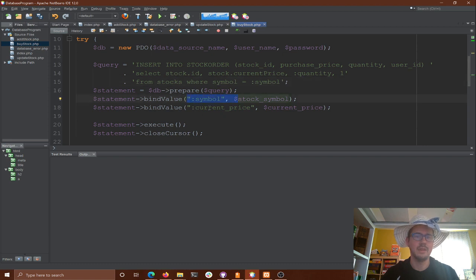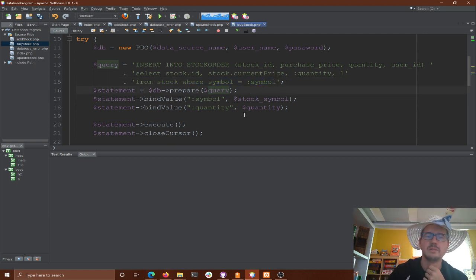Okay, so I need to add symbol, I need to add quantity as the dollar quantity here. And again, it's a hard-coded user number 1. That's okay. We can come back and change that later and say which user is doing what. For now, we're just going to assume it's all one user. Okay? That's our first query, to buy the stock. So we're saying, hey, get the stock ID from stocks where the symbol is here. Oh, the stock, right, from stock, where symbol is the symbol. And that should insert into our stock order column. Does that part make sense?